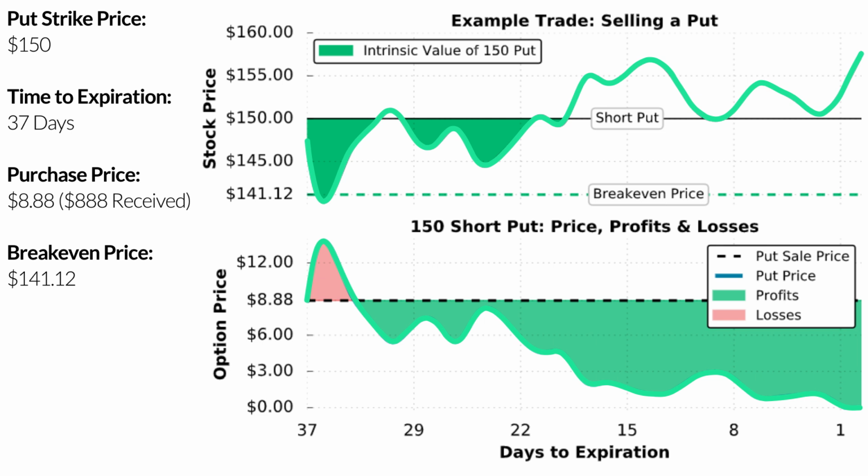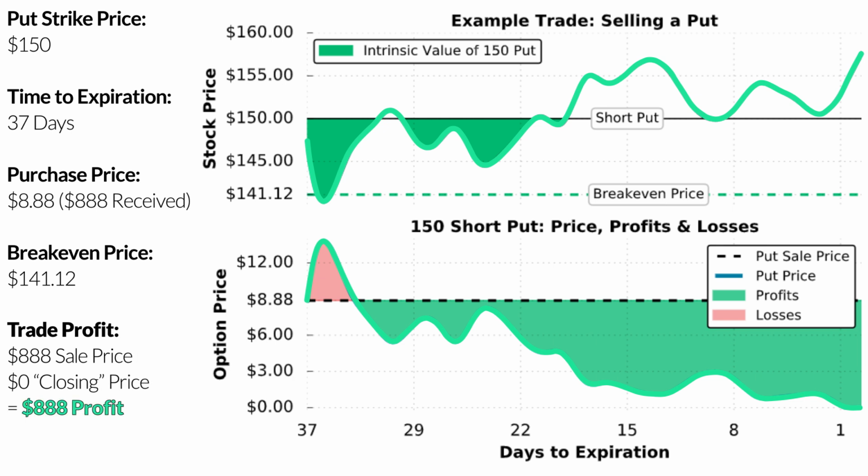If the trader held this position to expiration, they would make $888 per put option that they shorted, as they sold the put for $8.88, and the put expired with a value of $0, which is another way of saying the put expired worthless. As I mentioned earlier, selling put options is a high probability strategy,